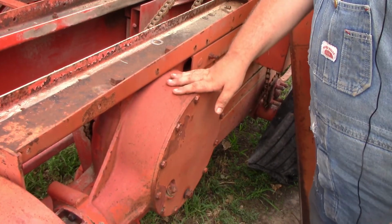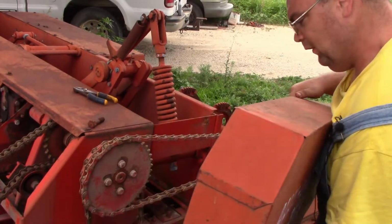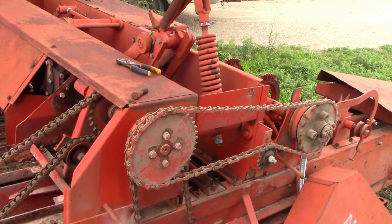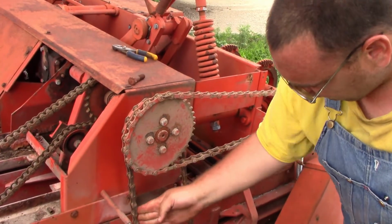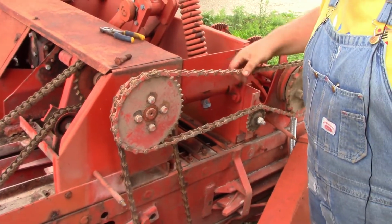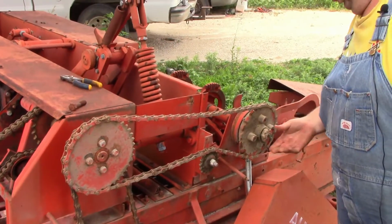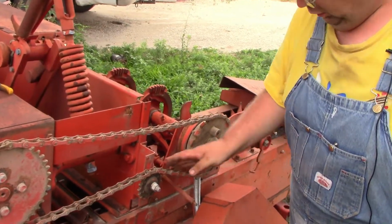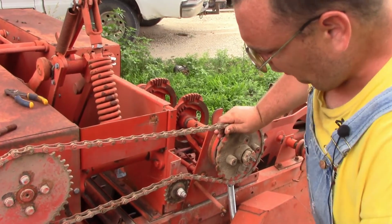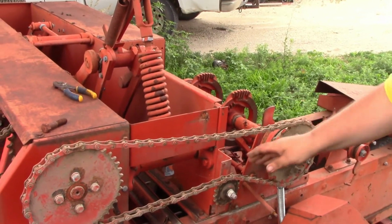But other than that, guys, I think it's time to move back some more. So now we got all of them off this time. You want to pull that off, and then you want to do like I did earlier. There's several chains here, so make sure this one's good and tight, and that one's pretty good. It's not as loose as the other one we looked at. And then you want to come back and start looking at other things. So as you have the shields off, you want to check how things are looking, and like I said, check chains